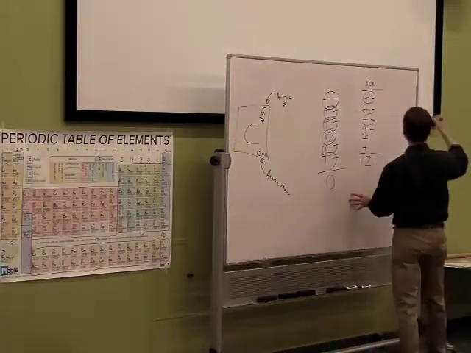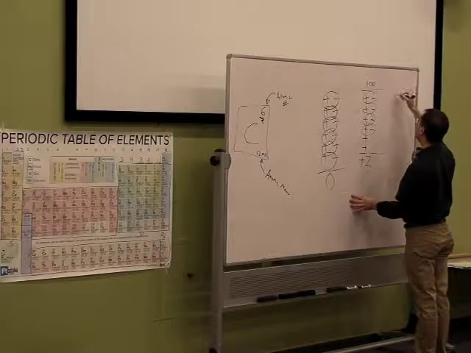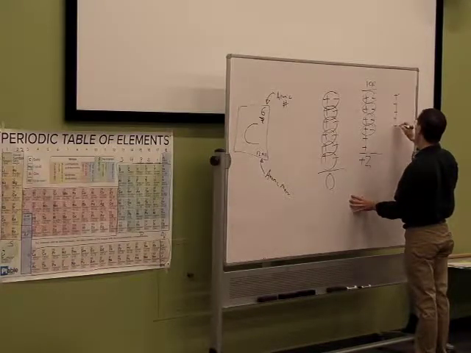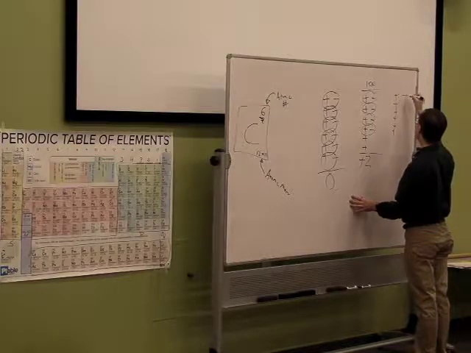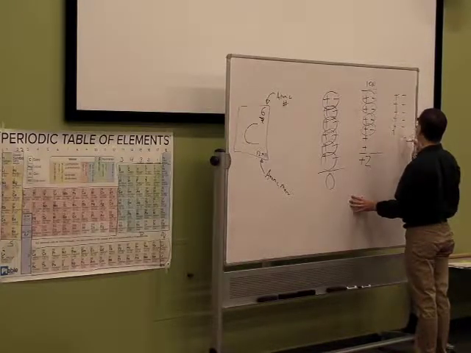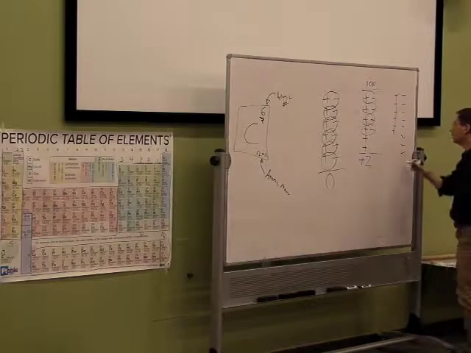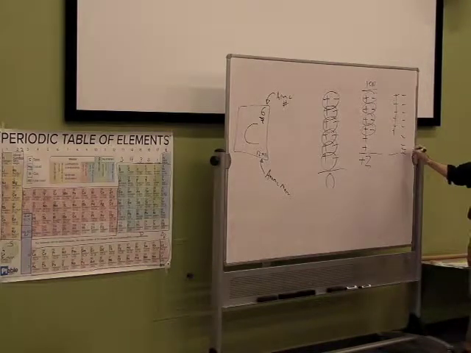Now we can use it the other way too. What if we have another carbon? 1, 2, 3, 4, 5, 6. But this time, you have more electrons. That's a lot of negatives. Someone here is very negative. What's the charge on this? It's 2. It does look like a 3 because I messed that up a little bit.